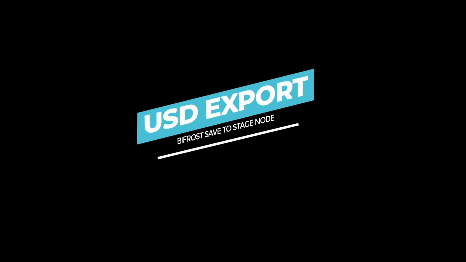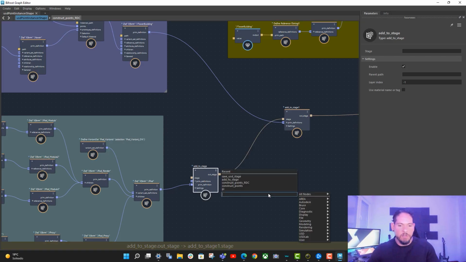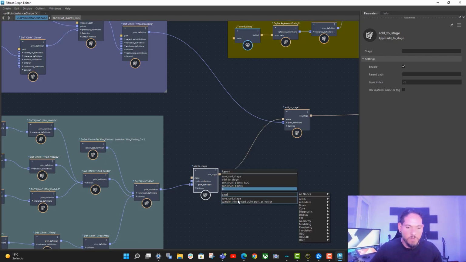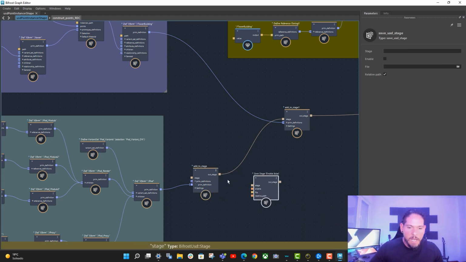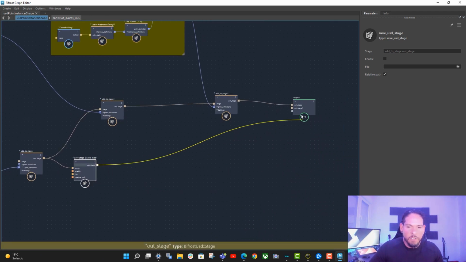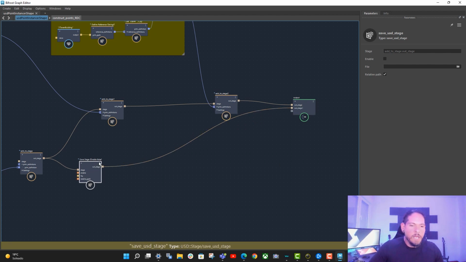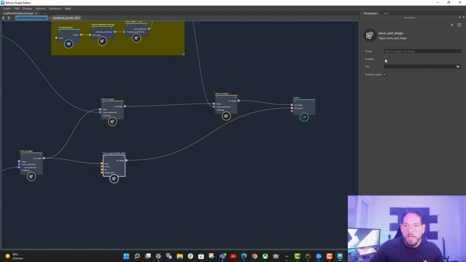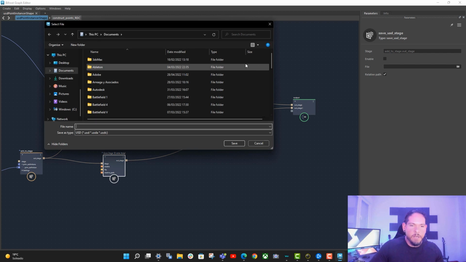But again, if you wanted to export this stuff, before the add to stage here, you can add a save to USD stage node, right? And then you need to connect from this guy to this guy. Then you obviously need to output it, so you need to put it into an output, which is not going to be that one. We need to delete that port, sorry. That's another one. So create a new one, and then you need to make sure you go and save it here. So give it a name,